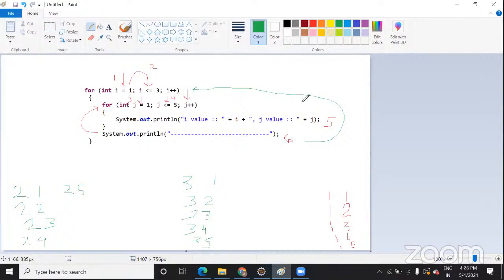So in this way, this nested for loop will work. If you remember this step, now nobody can forget about this. I also used to follow this step. So always remember this way of approaching that condition: first step, second step, then you come inside. It will become easy for you to predict the output of any for loop,